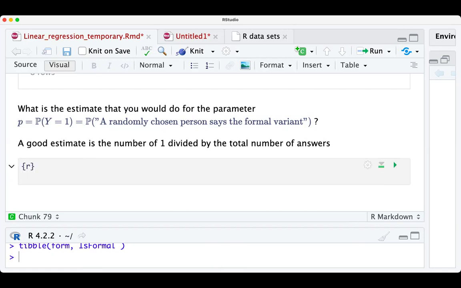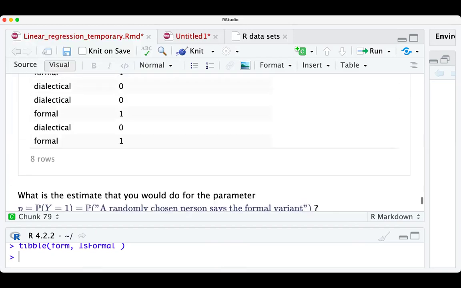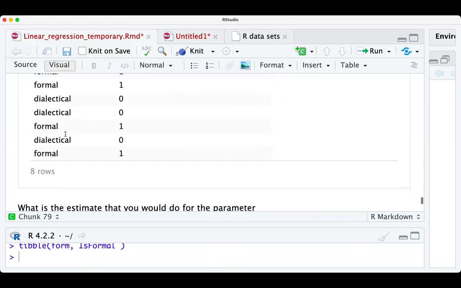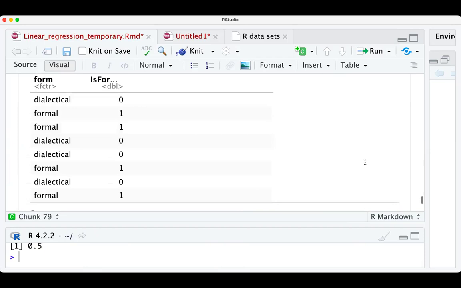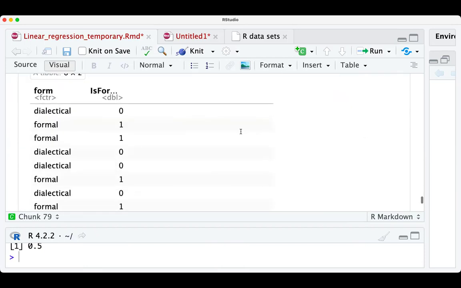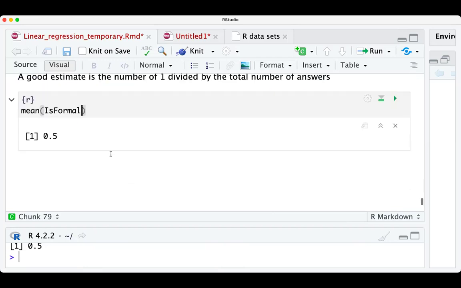The mean of the vector is formal, which is 0.5. Yes, it makes sense. Actually, I guess that this is the thing that the logistic regression will give us in this case, but